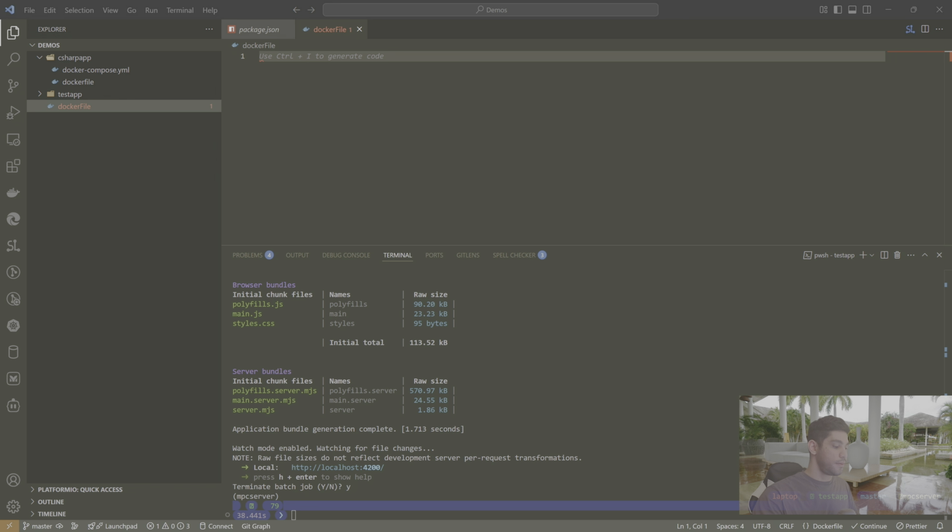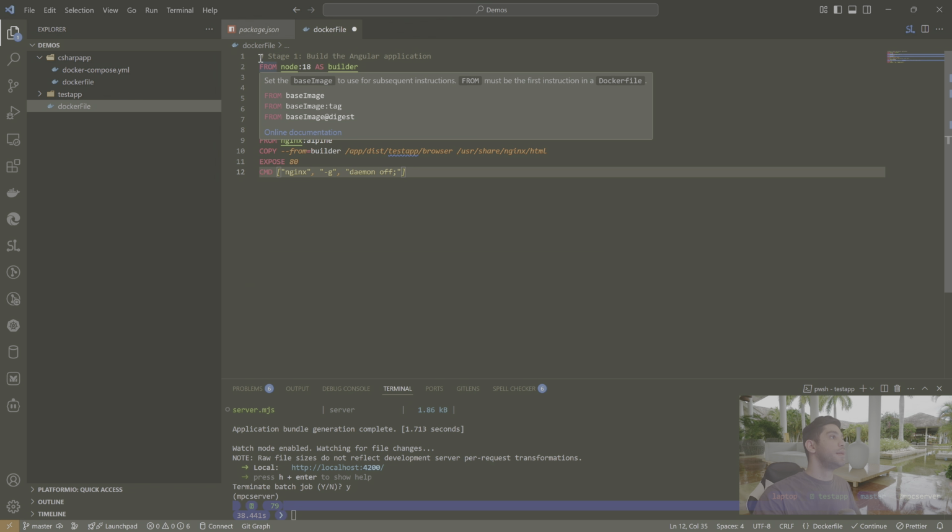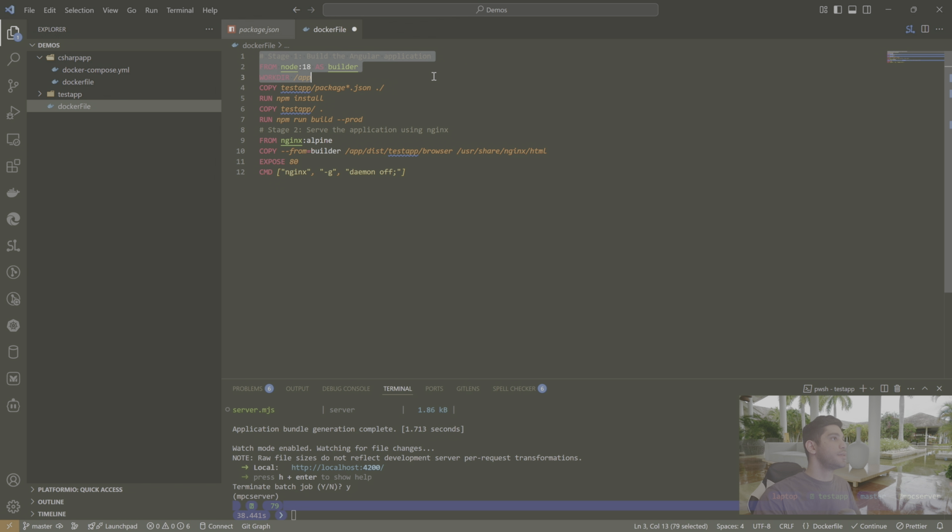Then here we're going to look at what we have. So these are just basic configurations that in most cases you're going to be able to go online, find, and copy paste. So this is a very basic kind of YAML type of file. So all we are doing is we are saying from Node version 18 as the builder, in which folder we are running these, and we are saying we want to copy our test application